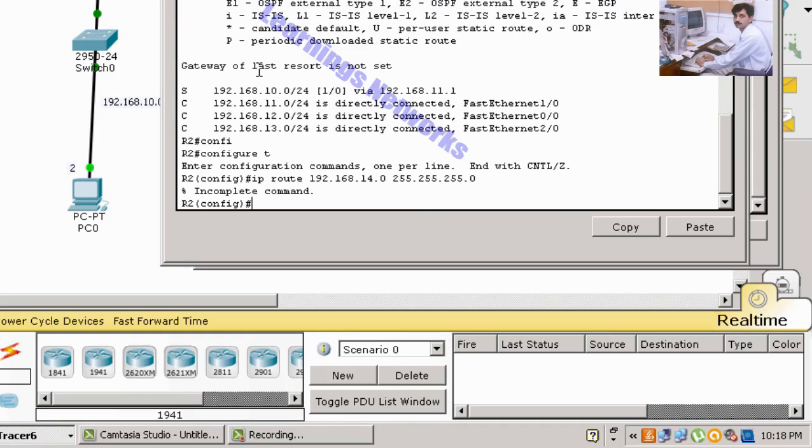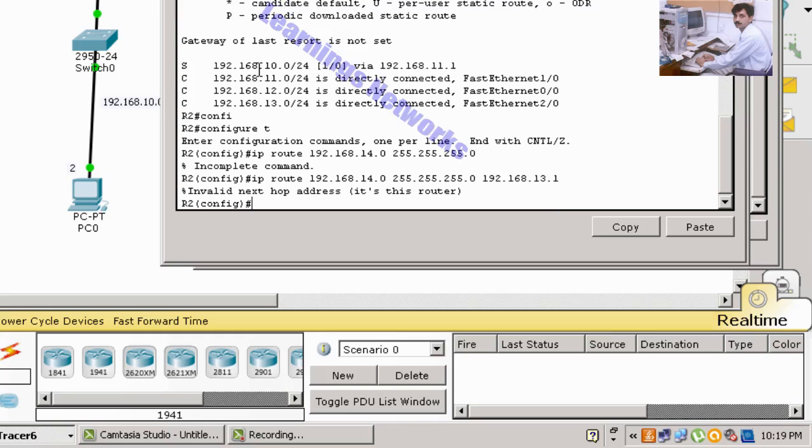What happened? Oh, next hop 192.168.13.1. Invalid entry.